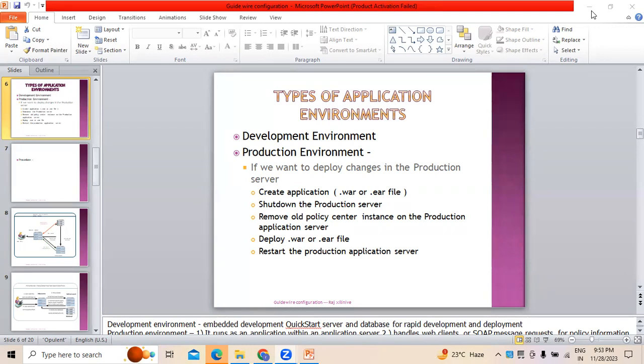So whenever we are deploying any changes in the production server or environment, we should create an application. At the same time, because of the changes we are making in the production server, it is always important for us to shut down the production server. At the same time, we need to remove the